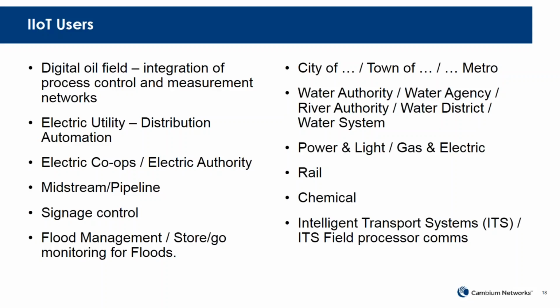Flood management is important. We talked a bit about water. Many times we'll hear about a city or a town or a municipality being responsible for their own infrastructure. And in that case, the owner and operator of the IIoT system would be the city manager, the city operations manager. And then, we talked about rail and chemical plants that are in a far-flung area. And then also intelligent transport systems, to the extent that we can help with traffic flow. IIoT users can deploy IIoT systems for traffic flow, much like the rail application we talked about before.